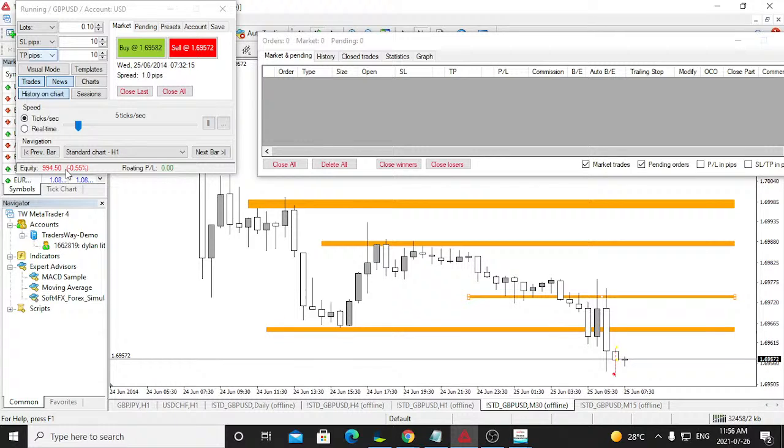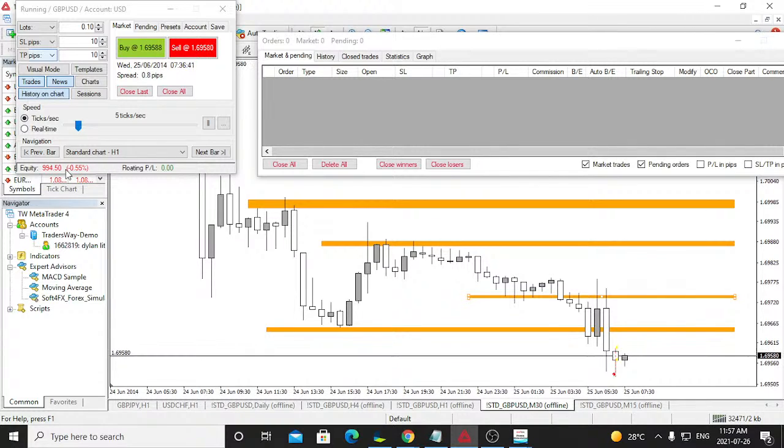I need to create rules around this, because there's also impulsive moves that can be caught, like impulsive move trades. I don't trade